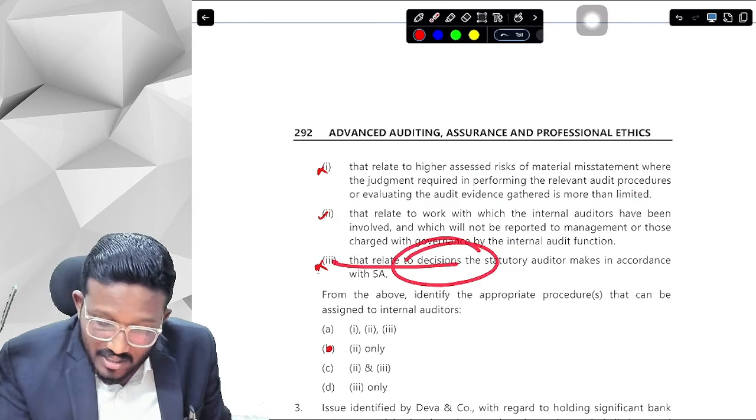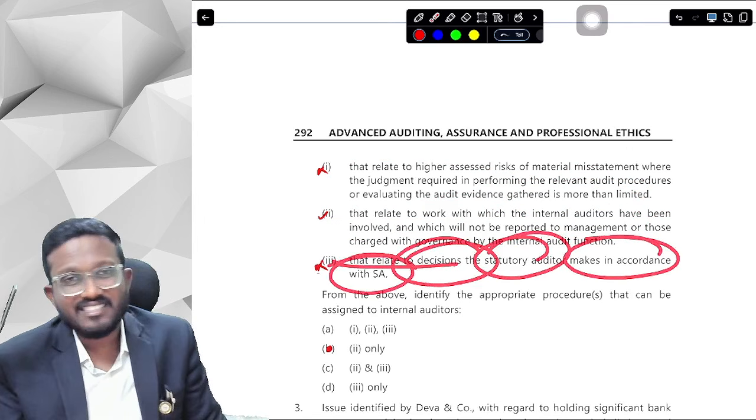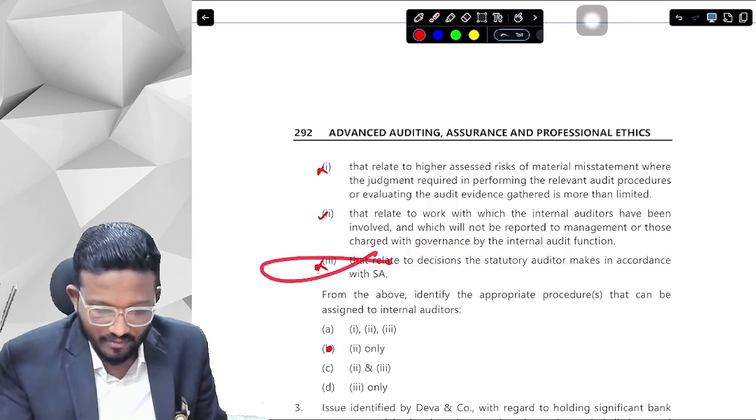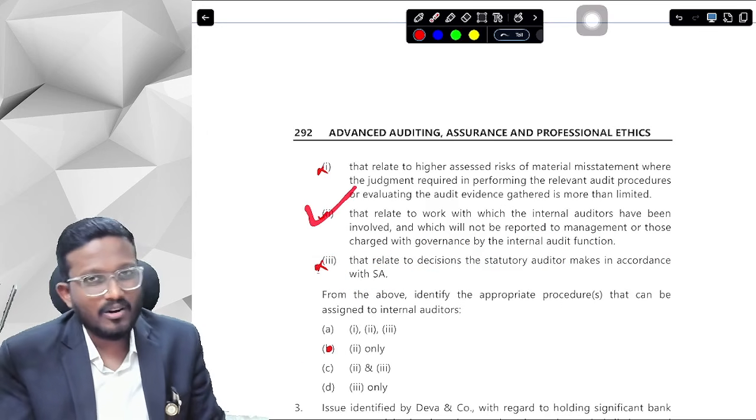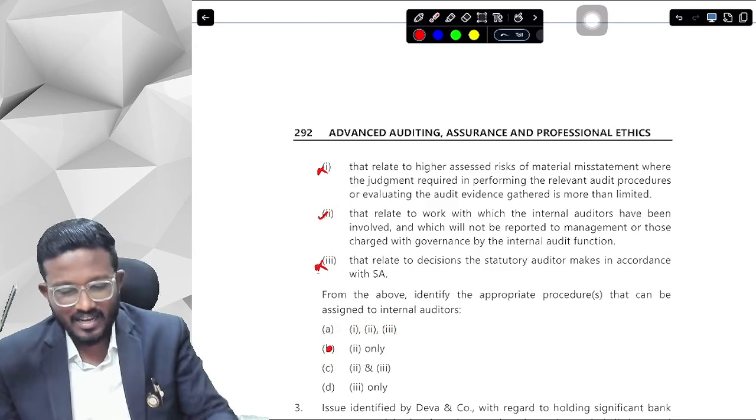That relates to decisions the statutory auditor makes in accordance with the SA. No sir, you cannot use the internal auditor for this work. You can only use the internal auditor for direct assistance in the other cases. Okay, yes sir. Next,